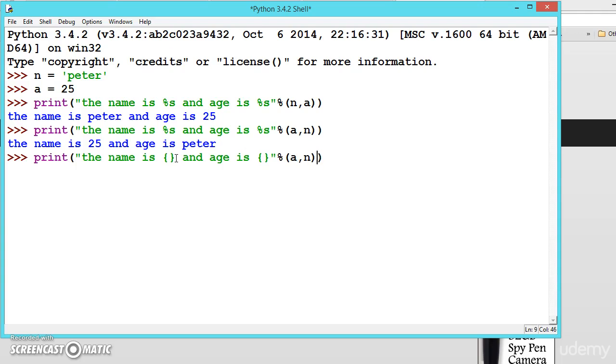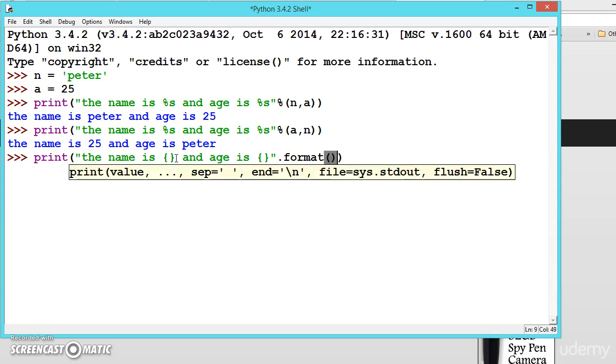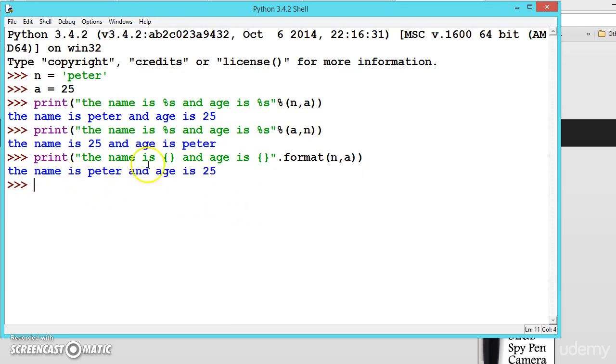Now delete this. There is a function called dot format, and inside that we can give the values, n comma a. Now if you press enter, this is same as before, but we can change it.